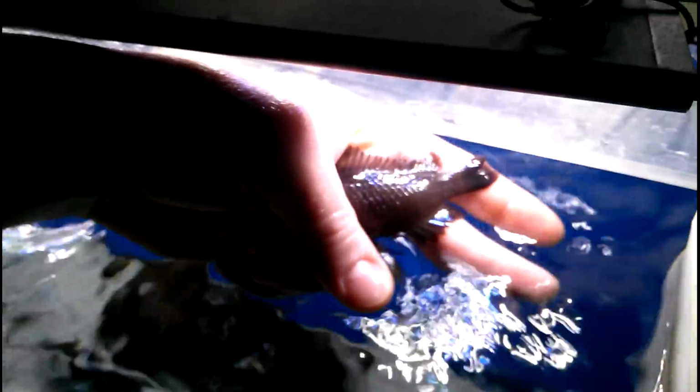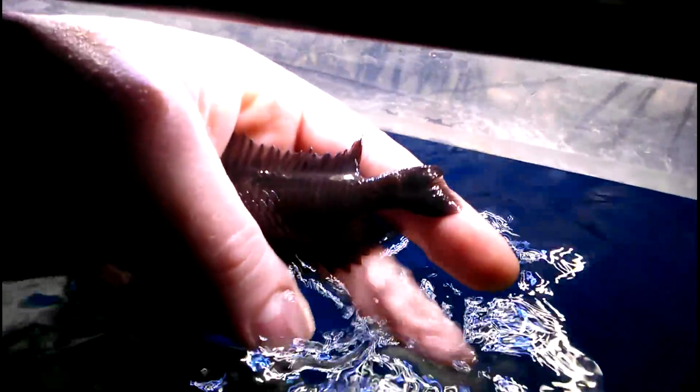Let me see if I can get him out here. I mean, he had fungus all over his fins and everything, and he's only got a little tiny bit left at this point, but you can see how his dorsal fin is really chewed down. His tail fin has grown back tremendously. You can't really see it in the video, but